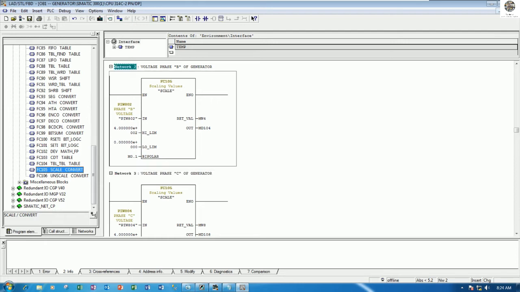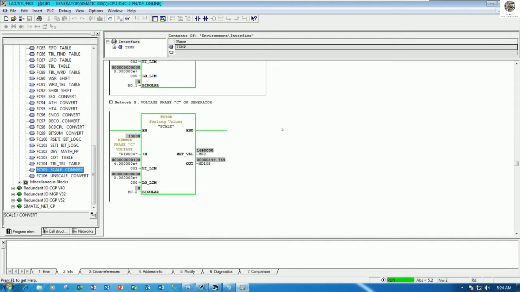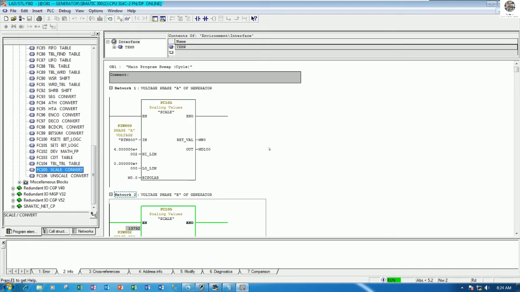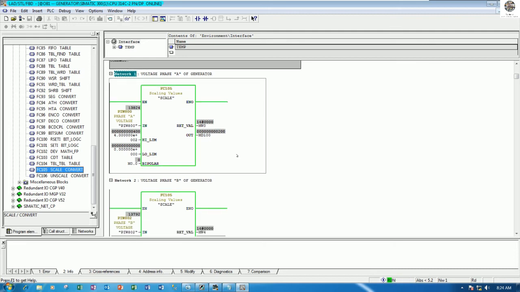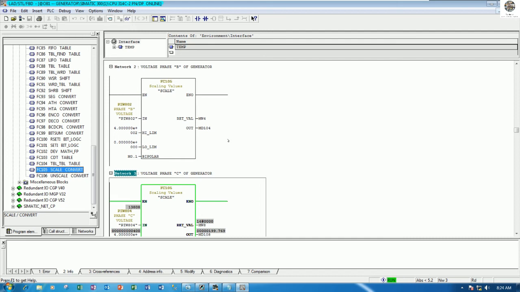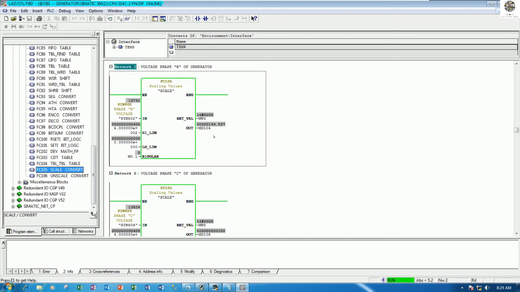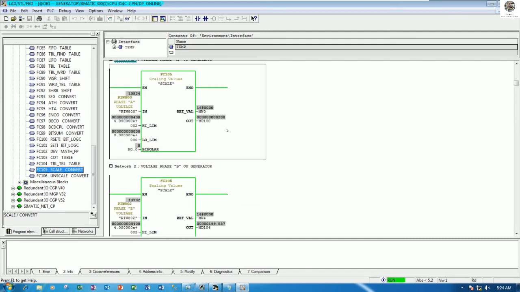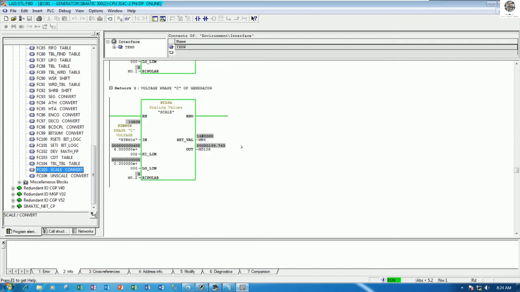Okay, and you can save and then download to the PLC and we can go online to see. Okay, so right now let's see, because I connect the current to the same channel. Yes, because right now let's see here, the value is the same. Okay,